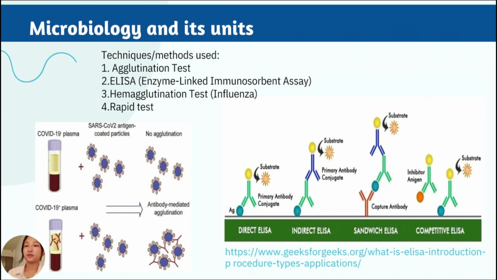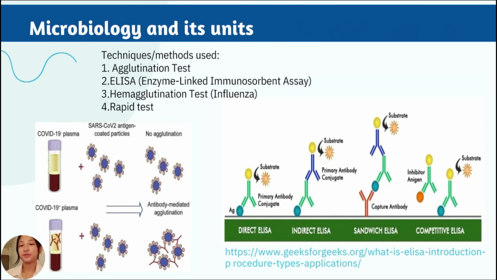Methods used are the agglutination test, ELISA test, vaccination test for influenza detection, and rapid test. And there are different kinds of ELISA method. Direct ELISA, in this one there will be direct binding of the antigen and the enzyme-labeled antibody. For the indirect, there is a primary antibody between the antigen and the enzyme-linked antibody. The sandwich ELISA is the heterogeneous method, and there will be